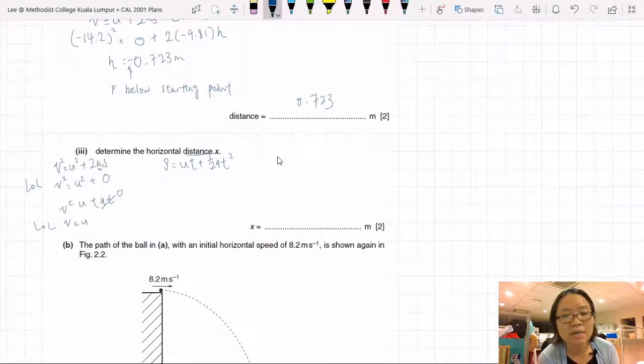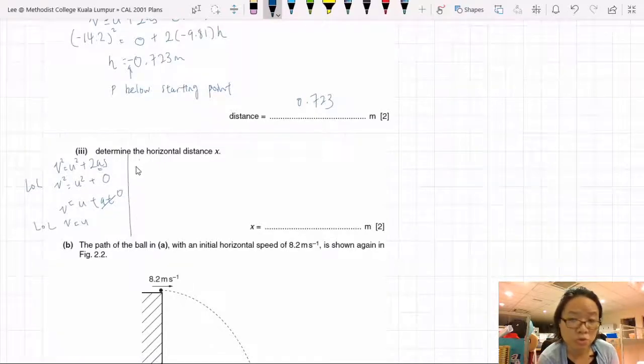But you see, we have the problem, we need the t. Okay? I mean, a is 0, so this whole thing becomes 0. And this equation is very familiar, right? Okay, so let's find t first. Sometimes you need to use both horizontal and vertical components. So let's say I use v equal to u plus at, but for the